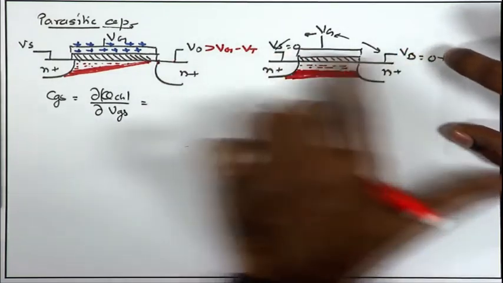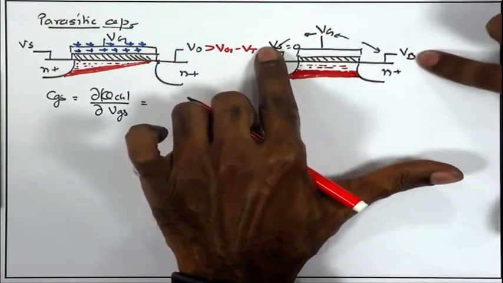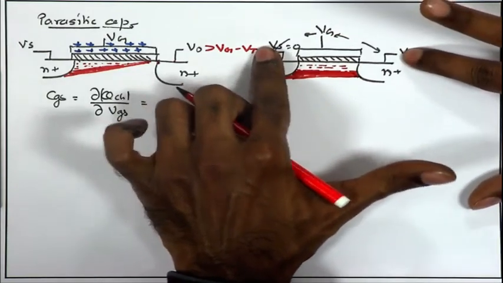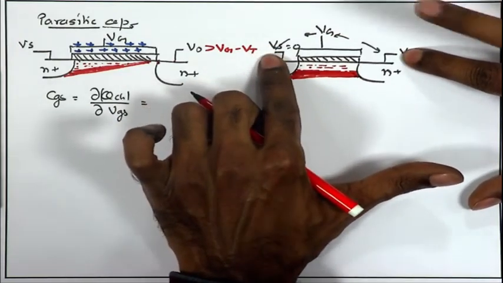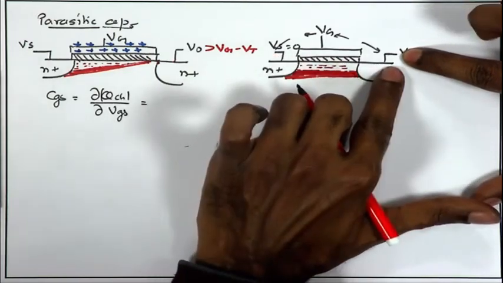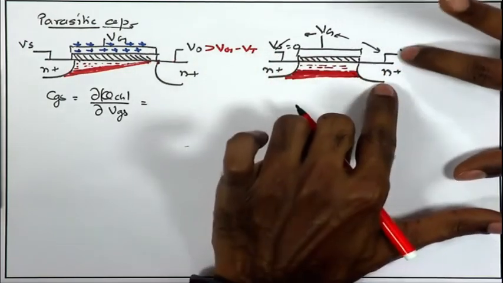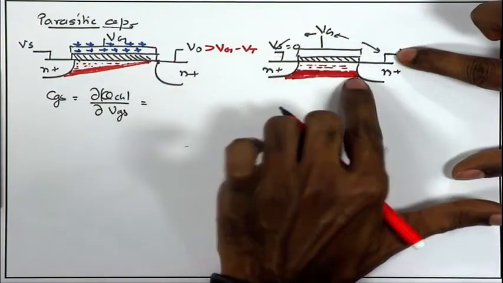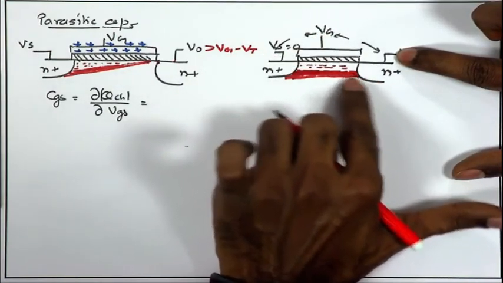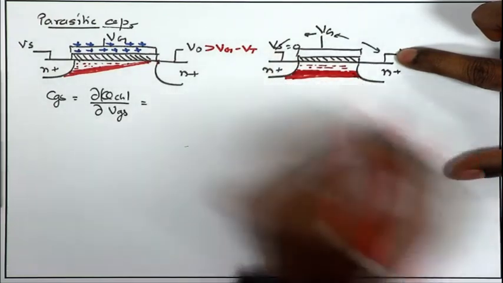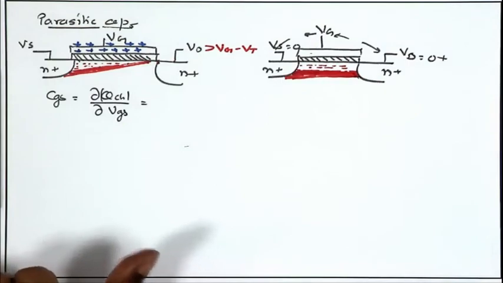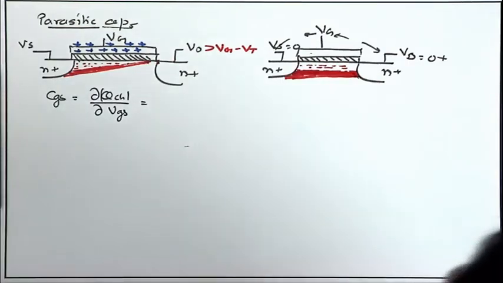Likewise, if I keep the source and gate constant, make drain more negative, by definition it no longer remains the drain, because if the drain is more negative with respect to source, then you have this terminal being the source. But just for the sake of understanding, if we make the drain more negative with respect to fixed gate and source, you get more negative charges accumulated towards this end, and they are being balanced by more positive charges on the gate. So, in the triode region operation,